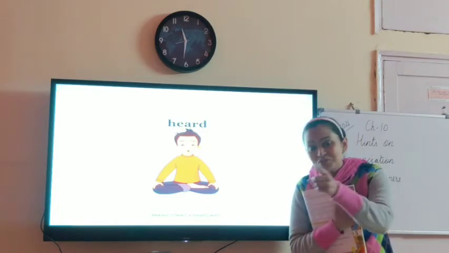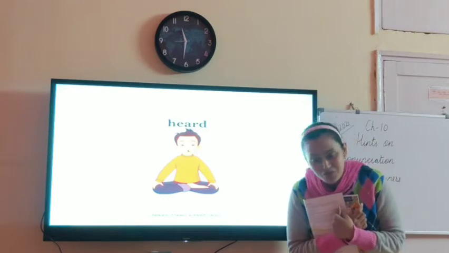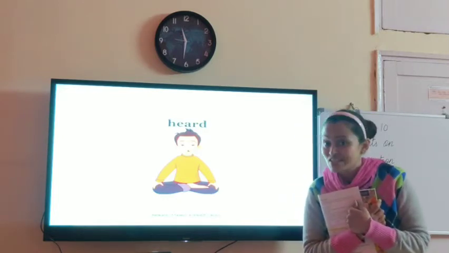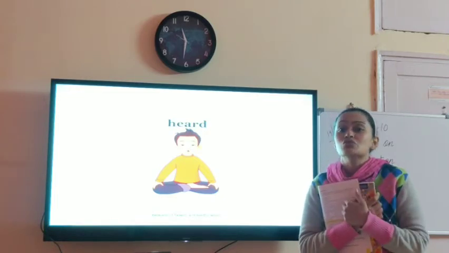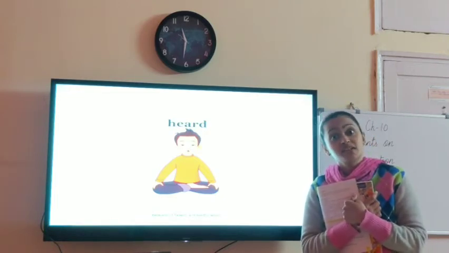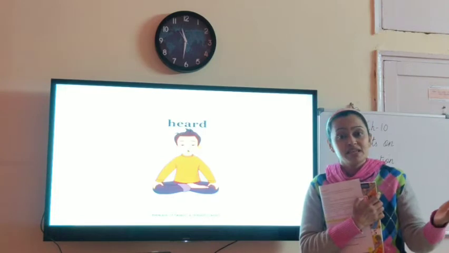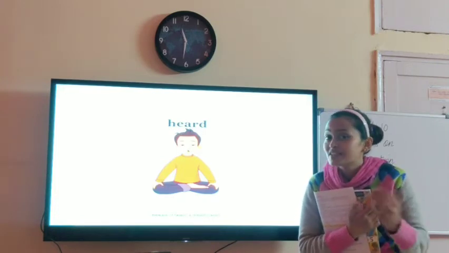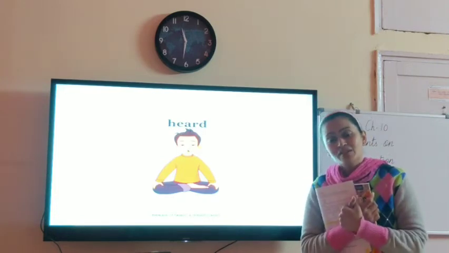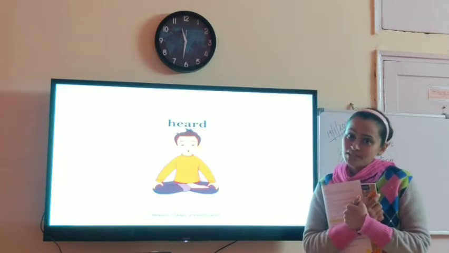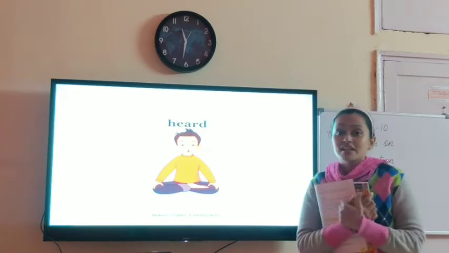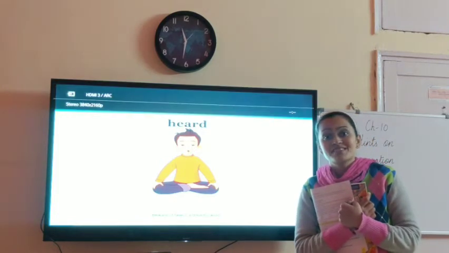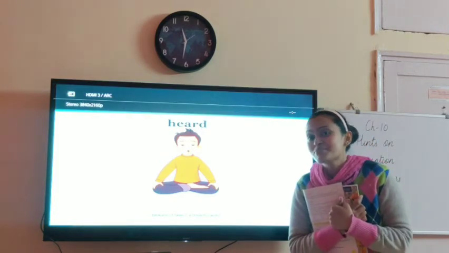You, all the students of class 5, are doing very well in learning these new words, in learning the pronunciation of these new words, and seeing how their spellings can be the same but their pronunciation can be different. The way we say them can be different. So these words, the poet is telling us, are traps. Children, what is the meaning of traps?